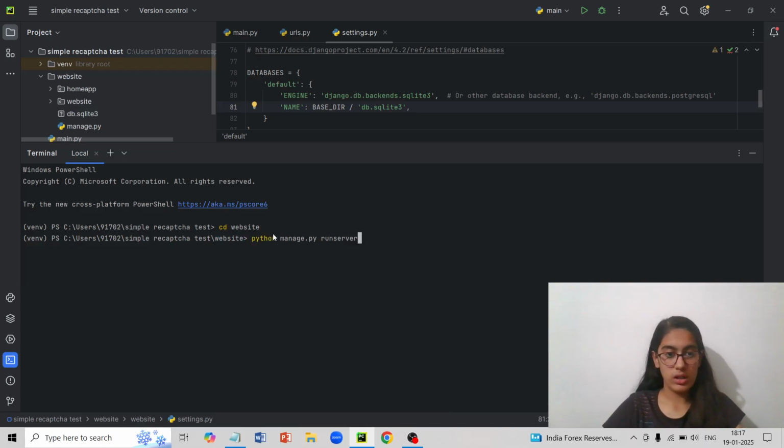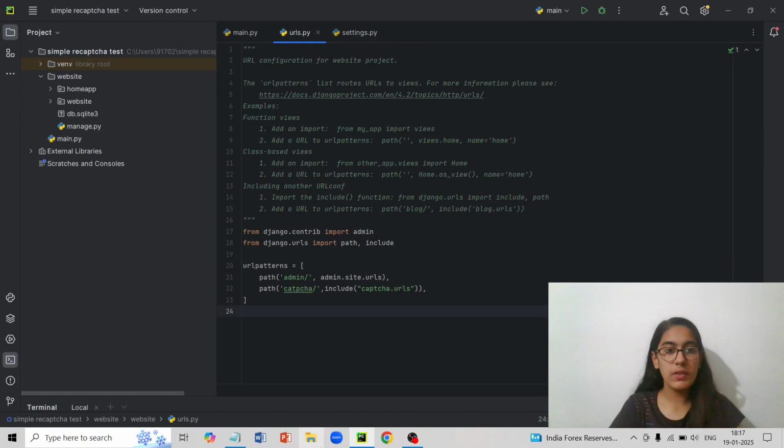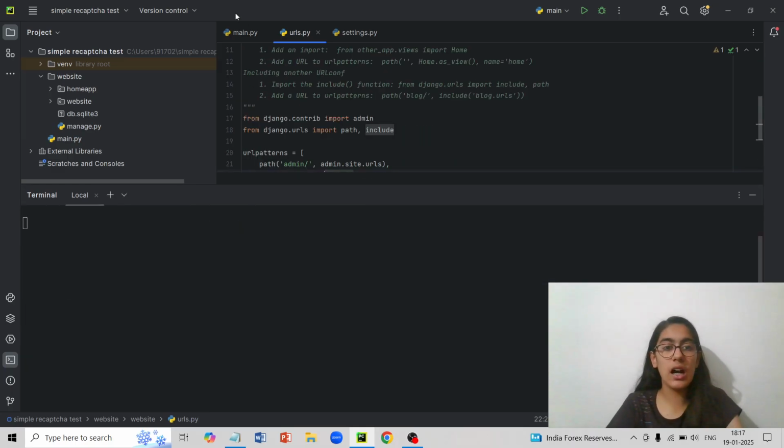Now python manage.py runserver, and then put in URLs. We will add this line, all this is already given. We will add path('captcha/', include('captcha.urls')). This helps us to create our own